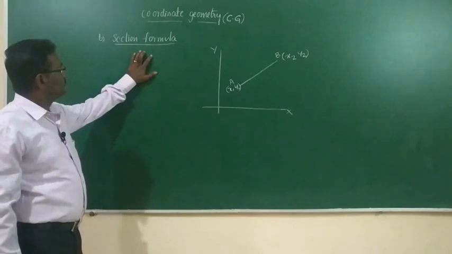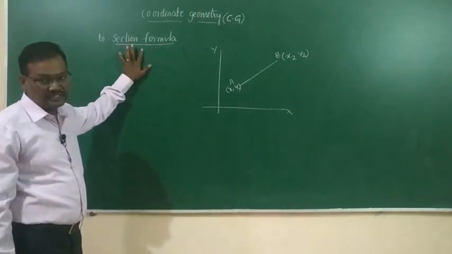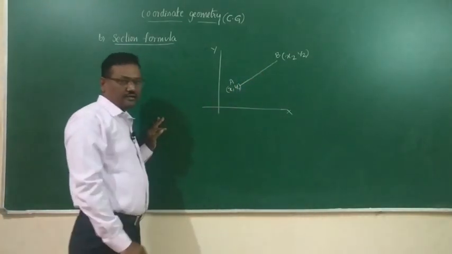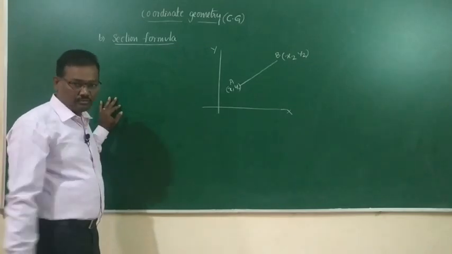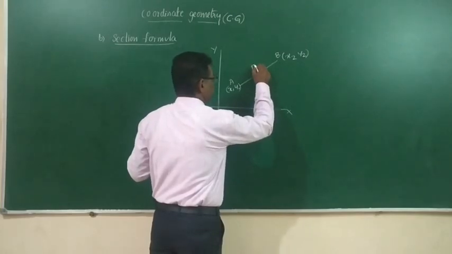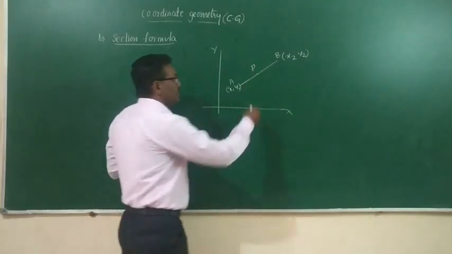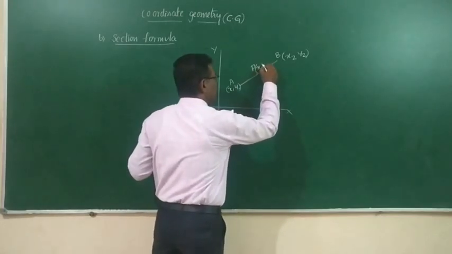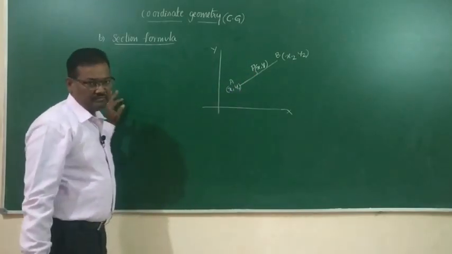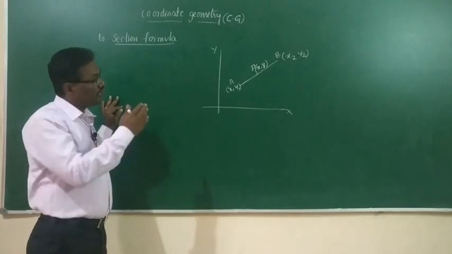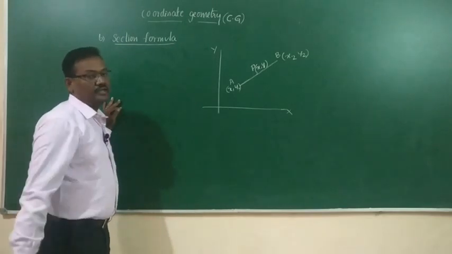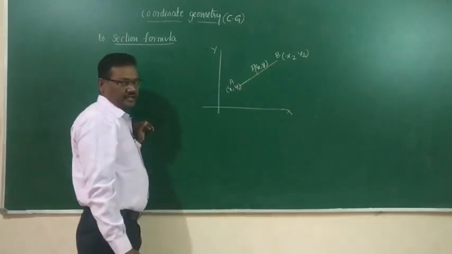So first of all, let us know about the section formula. Section means parts. Here the line segment is going to be divided into 2 or more parts. If I take a point P, which is in the form of x comma y, where P is called the section point, meaning the point which is going to divide the line segment AB. There is a point P, it divides AB into 2 parts here, but they are not equal.